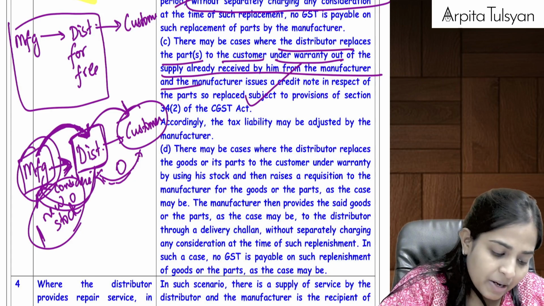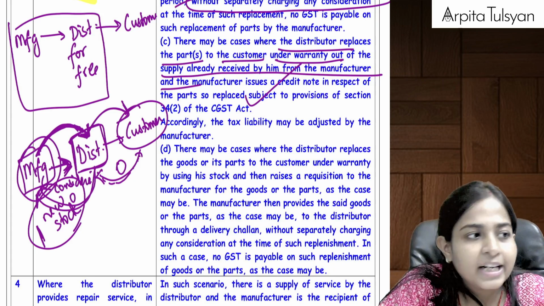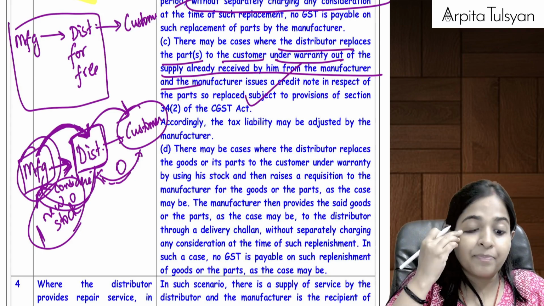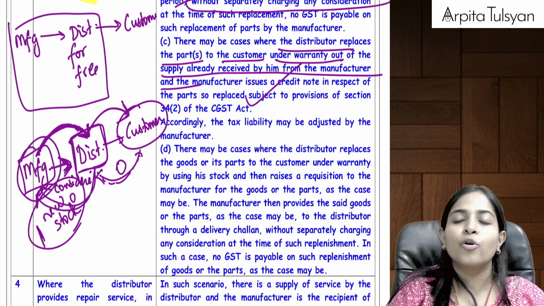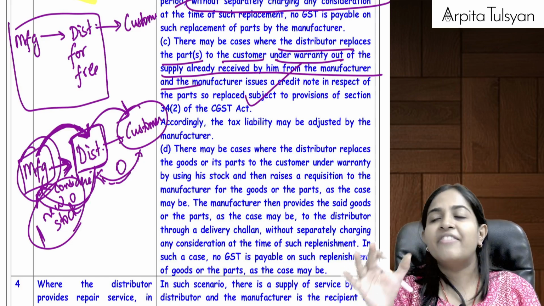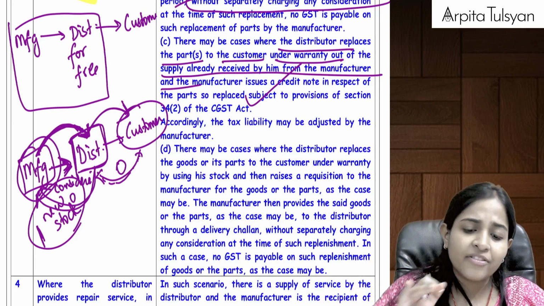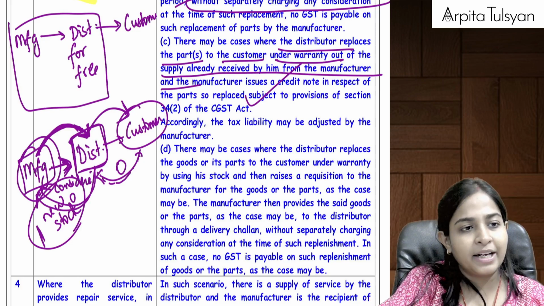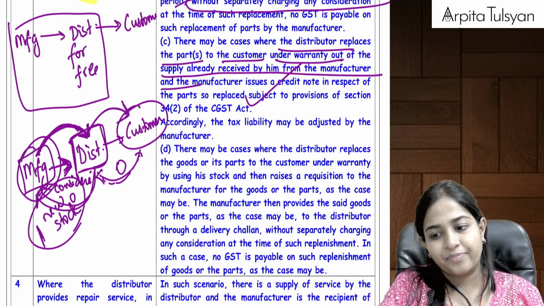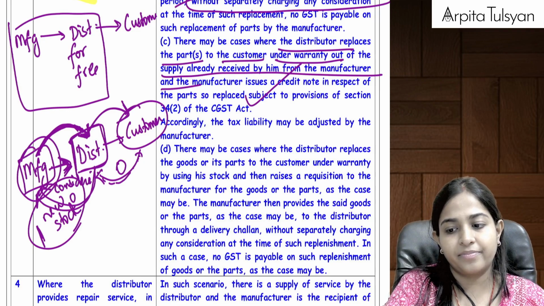Yes, okay. And whenever there is a credit note provision applicable, if you have already studied the tax invoice chapter, well and good. If you are going to do it ahead, you will come to know that whenever we are issuing any debit note or any credit note, at that time the tax liability also gets adjusted, right?